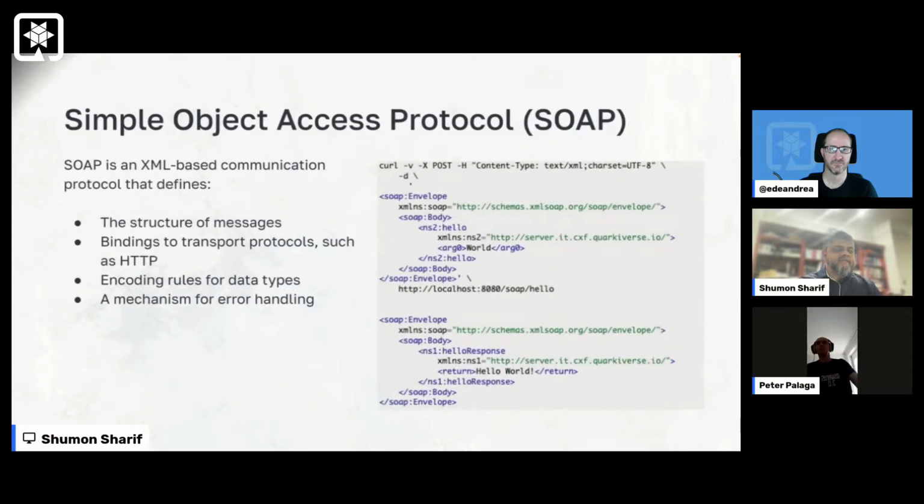So SOAP is an XML-based communication protocol that defines the structure of the messages, so your input and output messages to your web service. The bindings to transport protocols such as HTTP or JMS and so on, and then encoding rules for the data types and a mechanism for error handling. So you can generate SOAP faults from your web services, which will include details on how exactly a failure happened